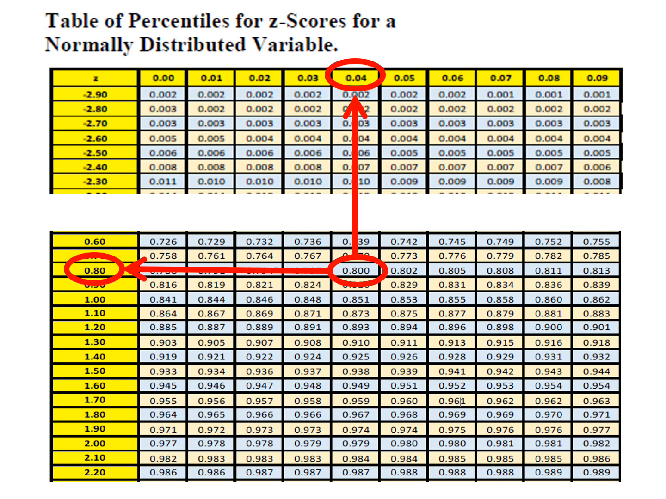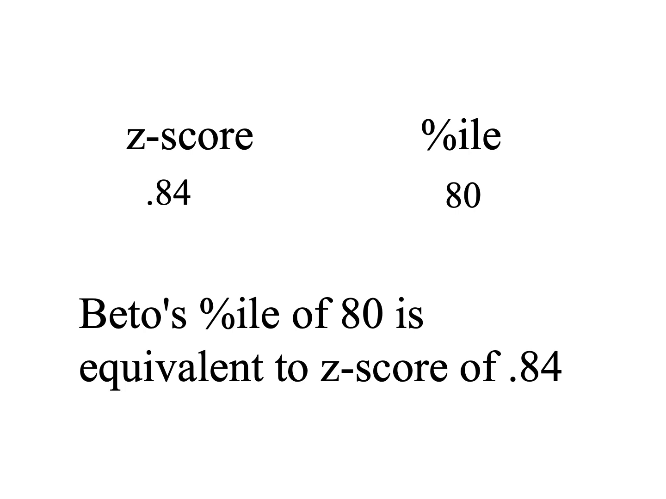When we put the first part of the G-score with the second part, we get the G of 0.84. This is the G-score we are looking for. Using the table, we found that a G-score of 0.84 is equivalent to a percentile of 80. This tells us that Bedel's percentile score of 80 is equivalent to a G-score of 0.84, and this is the